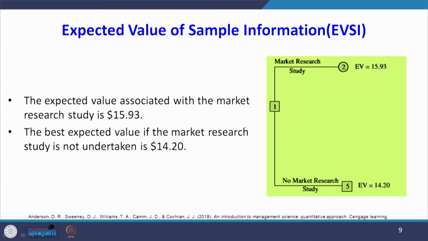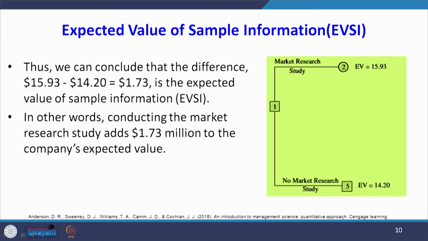The next agenda is finding the expected value of sample information. The right side picture shows our final result. What this result says is, the expected value associated with the market research study is 15.93. The best expected value if the market research study is not undertaken is 14.20. Thus, we can conclude that the difference, $15.93 minus 14.20 equal to 1.73, is the expected value of sample information, EVSI. In other words, another interpretation is conducting the market research study adds $1.73 million to the company's expected value. So, it is better to go for